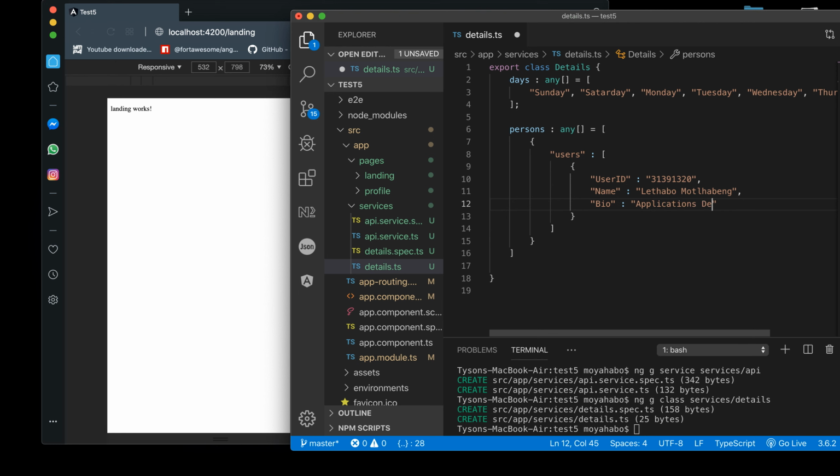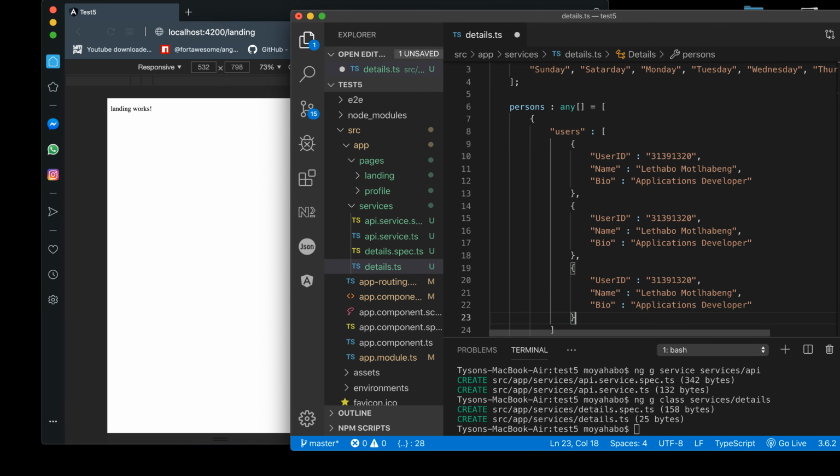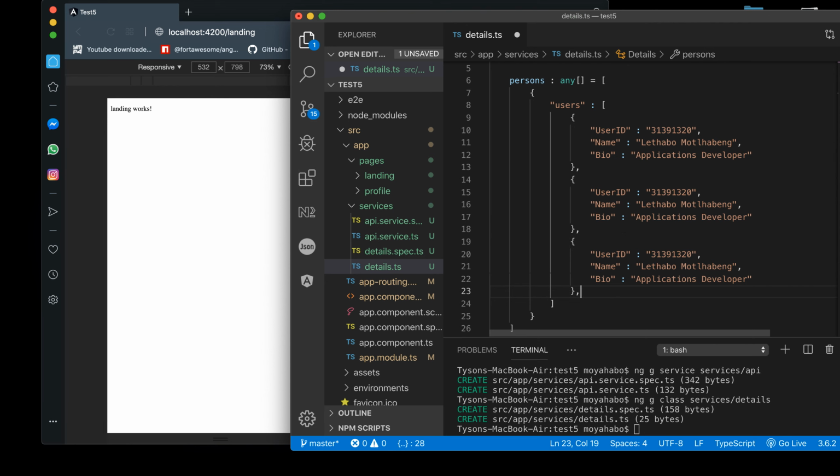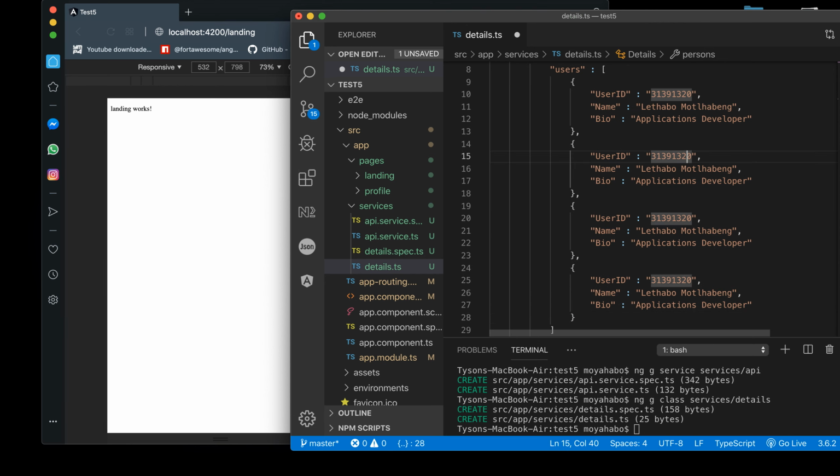Applications developer, and then what we can have again is, I think we are done with this one. So it's user, and then we can have maybe a few users. We can have 3 users or maybe 4. Then the ID must be different. Then you can have myself,